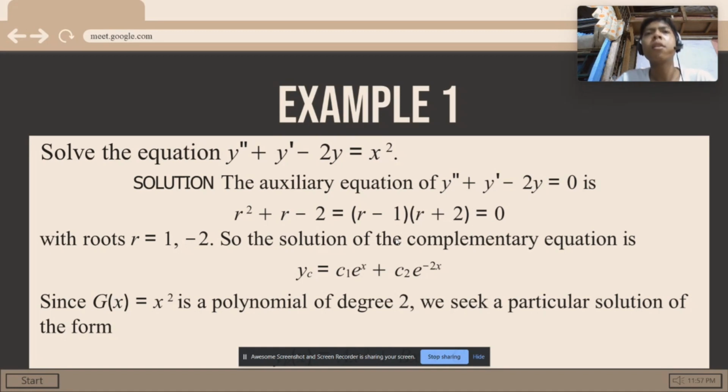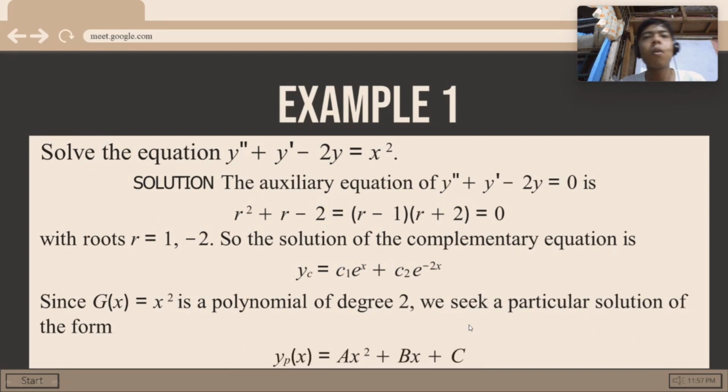So here, our yc is c1 e to the x, no? Since your root is 1, your yc's equation is e to the x. And plus your second root is negative 2, so you just replace the exponent by negative 2x, no? So since g of x is x squared, a polynomial of degree 2, we seek a particular solution of the form